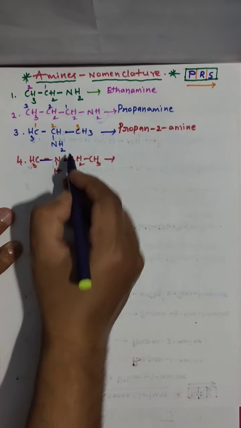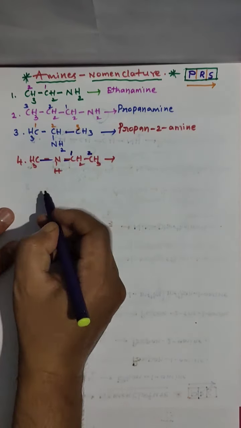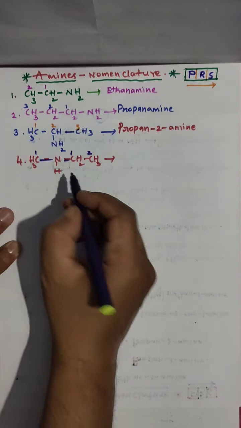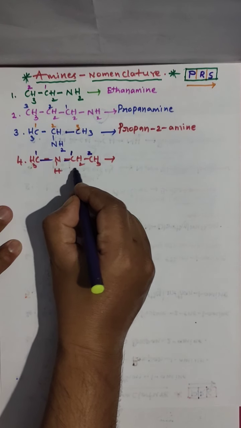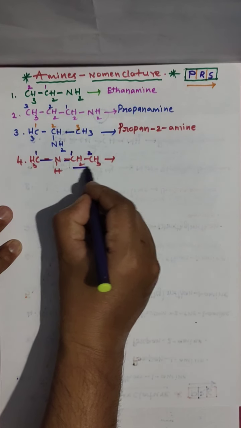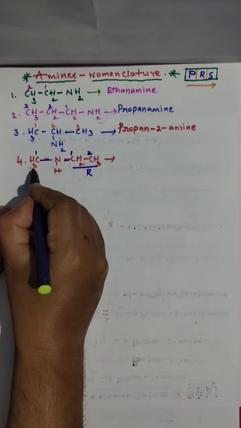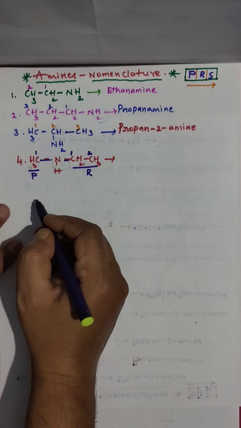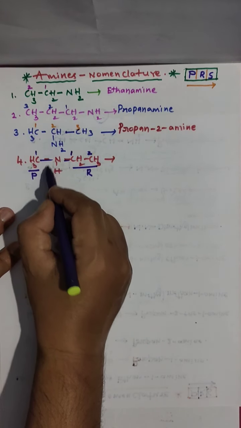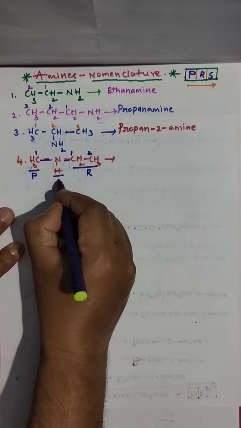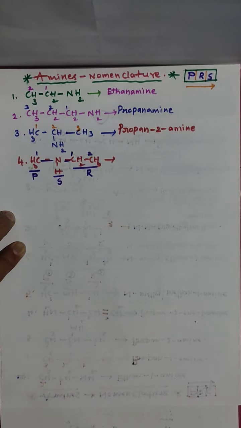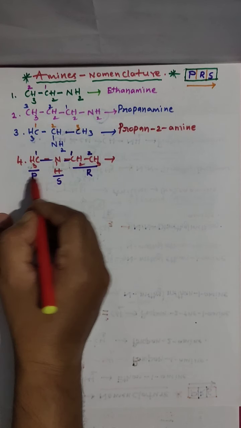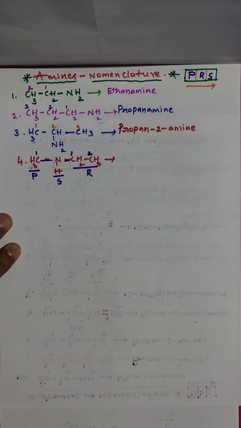The functional group bonded carbon we always give the least priority. This side we have 2 carbons and this side we have 1 carbon. The side which has more carbons is the parent chain, so this part is the root word, and the remaining, with fewer carbons, we call the prefix, meaning substitution. This is the functional group, which we call the suffix. Clear? More carbons is the root word, fewer carbons is the prefix, and the functional group is the suffix. Now you write the name.